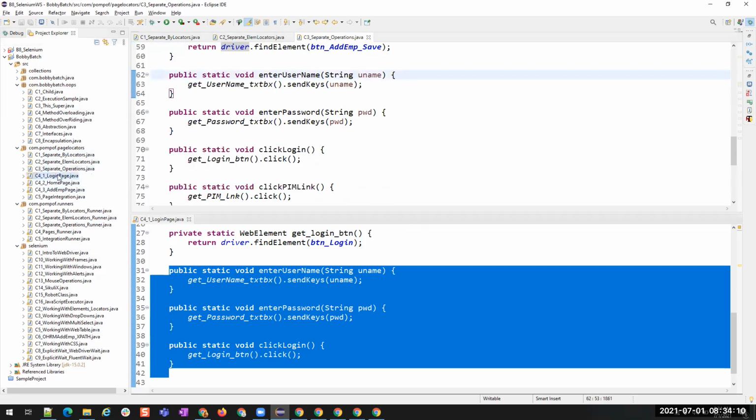And fourth level, we divided it into each page to make it easy for maintenance. So you don't have to worry about level 1, level 2, level 3 because we don't see it in real time. You see from level 4 itself because this is the real time implementation. You'll have separate classes for each page on the application, and you'll have all the methods, locators, and everything related to that page in the same class. Understood?